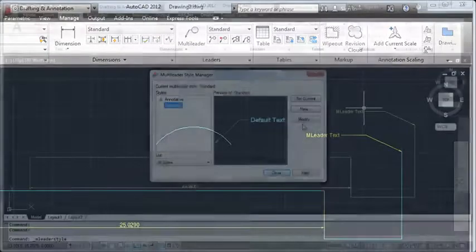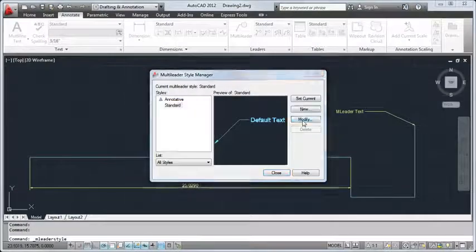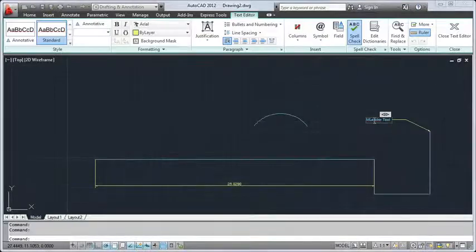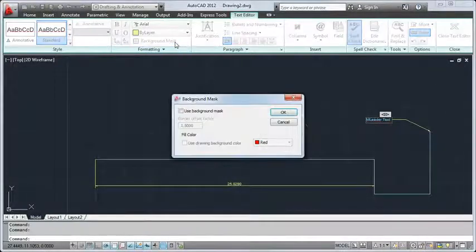Speaking of M leaders, you now have better control over the distance between your text and the frame. And if you're not using a frame, you can now choose to extend the leader all the way to the text. If you use the M-Text background mask, you'll appreciate that it now remembers your settings for fill color and